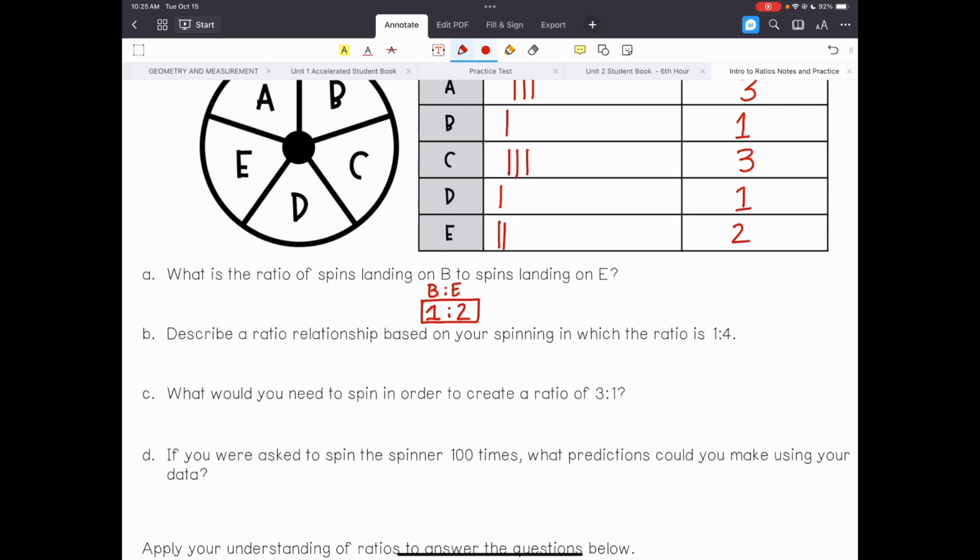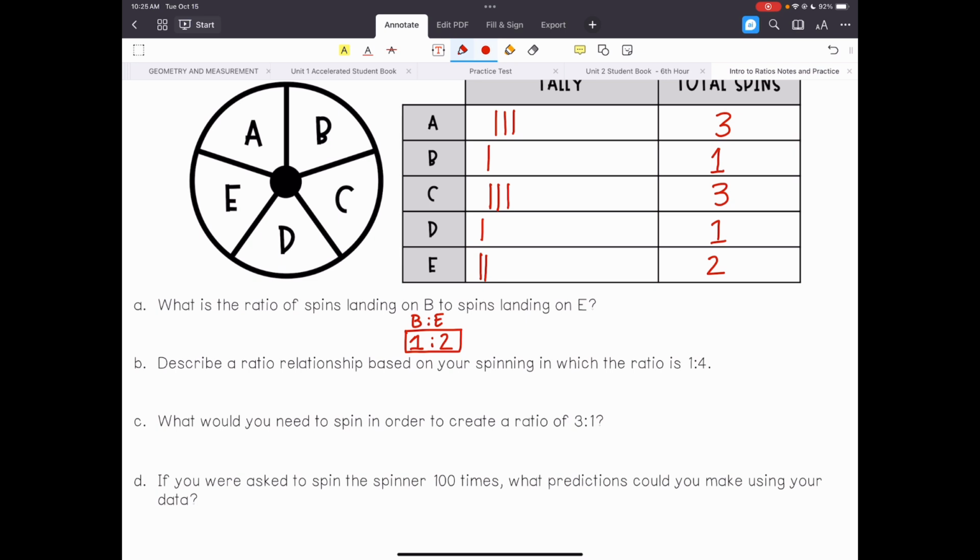All right, describe a ratio relationship based on your spinning in which the ratio is 1 to 4. Okay, we actually do not have a ratio that is 1 to 4. I take that back. We can pick our ratio to be D compared to, and we can combine a 3 and a 1. So let's combine B and C into 4. So 1 plus 3 is 4. So we can say that D compared to B plus C. So the combination of D. So we could say that the ratio